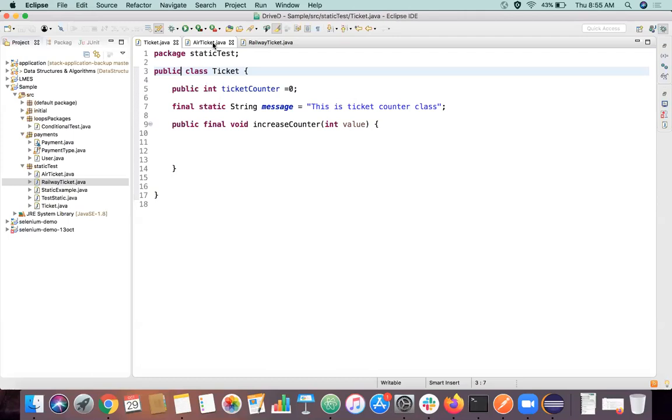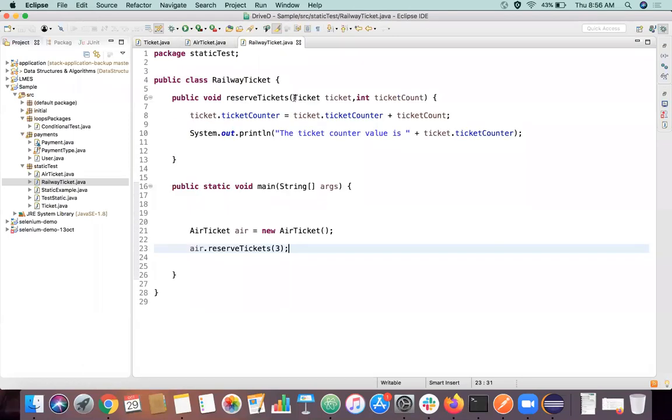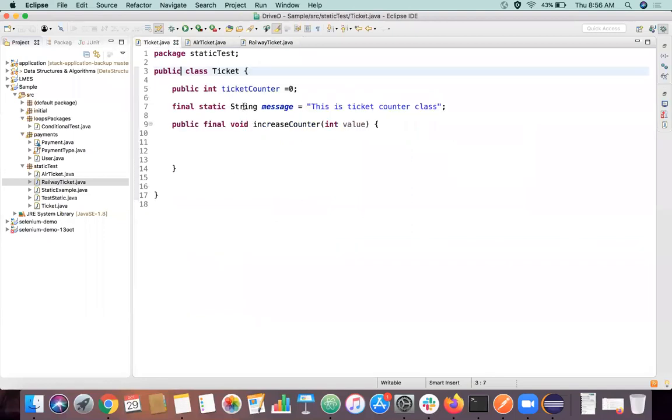We also saw what happens if we don't use static. In certain instances, we have to create each and every object and set those values. Then we have to assign those values to some other class by passing them as an argument and setting those values. It's kind of complicated. That also we saw. And we saw what final is. Once we declare any variable as final, it cannot be modified.